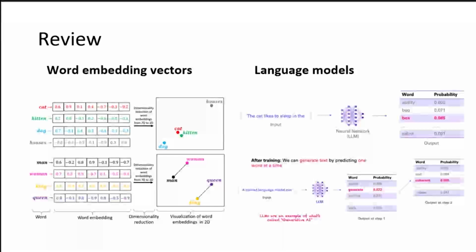Essentially, you give an input which is some length of text, and you want a model to predict what will be the next word. That's basically it. But you want it to do it in a way that makes sense, that's similar to how humans produce language. So: the cat likes to sleep in the, you put it into a large neural network,